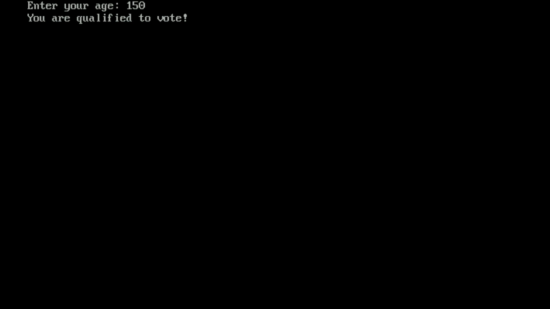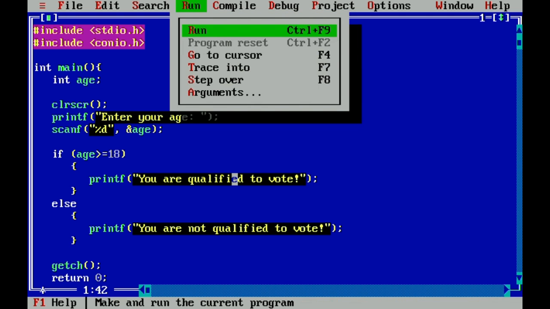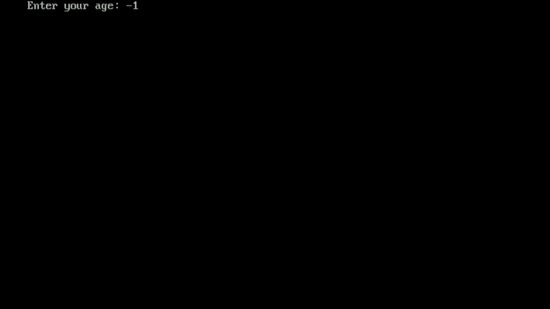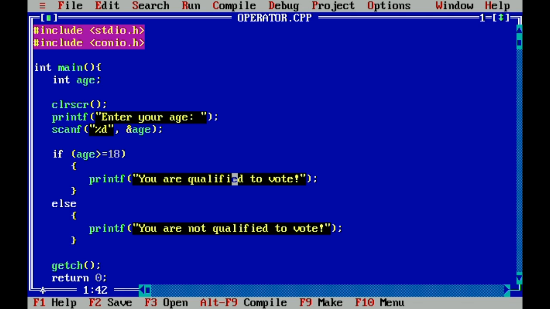But we do not want that, because I don't know if you still live when you are 150 years old. The same goes for negative values, let's say negative 12. Since we do not have an age of negative 12, we try to create conditions so that if you enter these values, they are invalid values. But if you only have one condition set, you will have this result here, which is not qualified to vote. So we try to improve that.